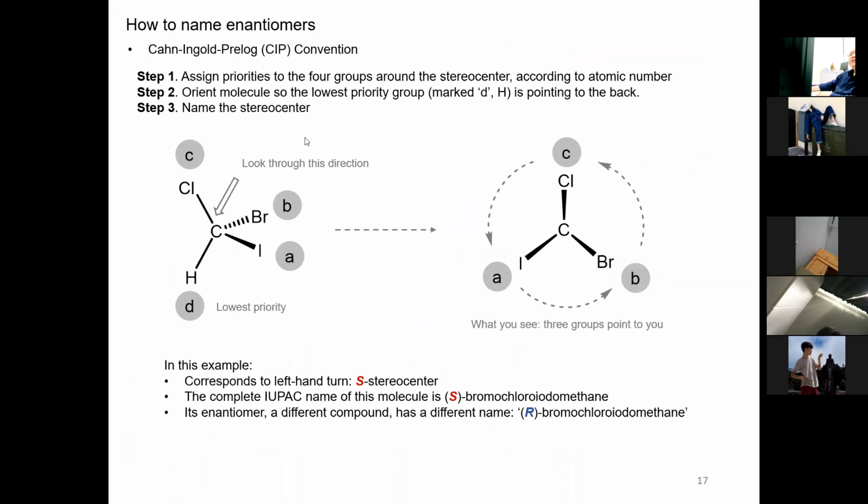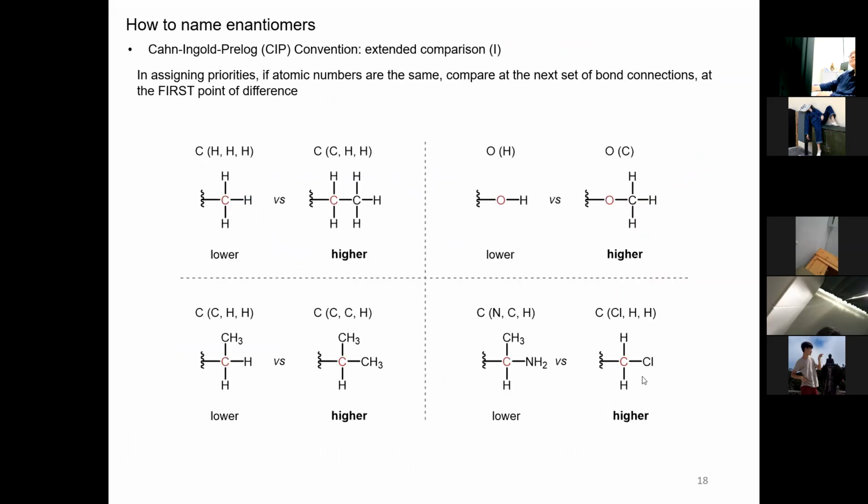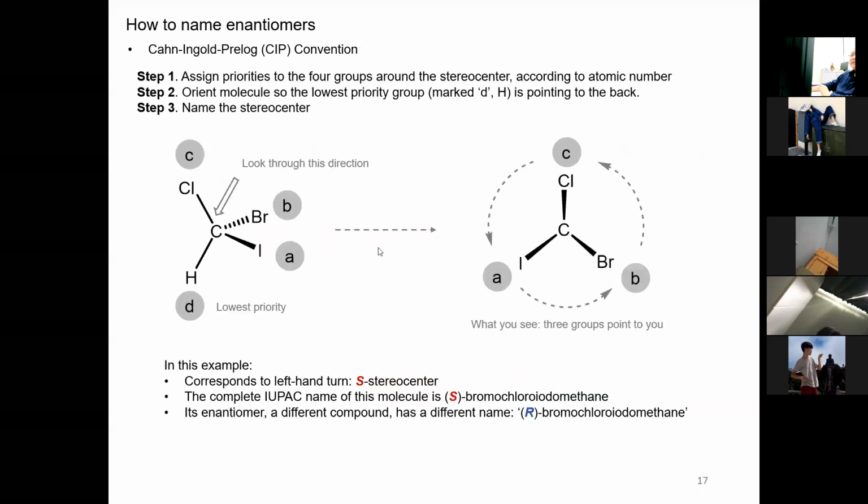Okay, and the Cahn-Ingold-Prelog convention, just assigning R or S, right? The smallest in the back, facing looks through this direction, and from the biggest to the smallest, if it's counterclockwise, then it's S. If it's clockwise, it's R. All right, and see here. So for the complete IUPAC name of this, you need to put an S here. S, bromochloroiodomethane. Right, and remember